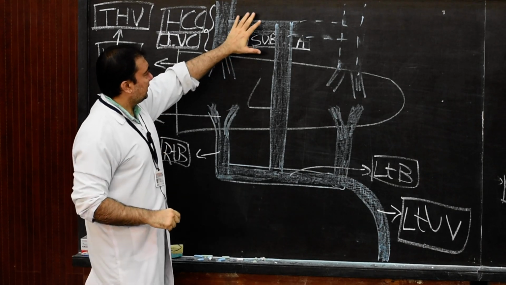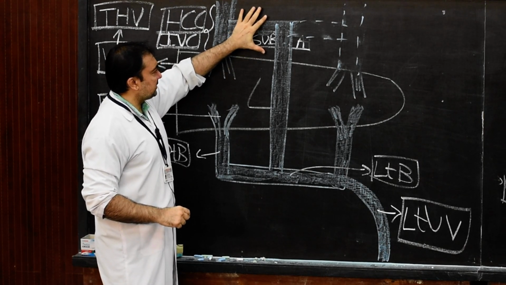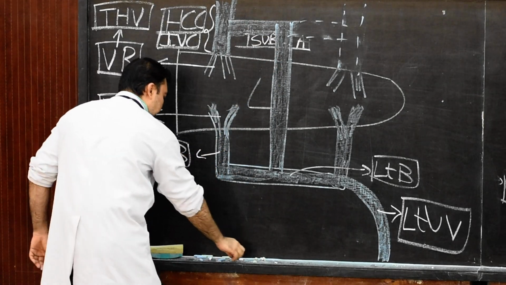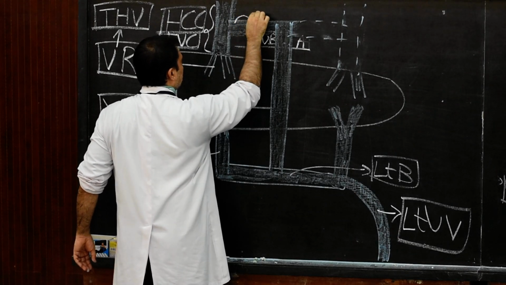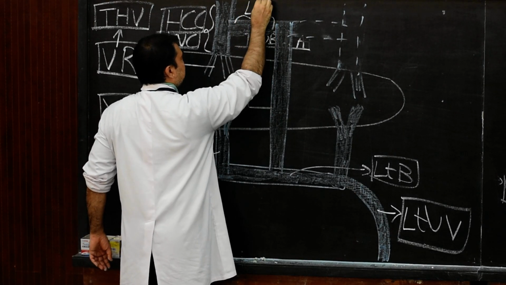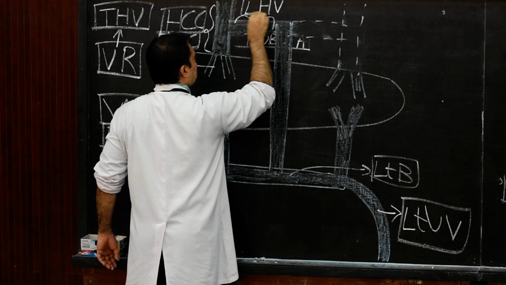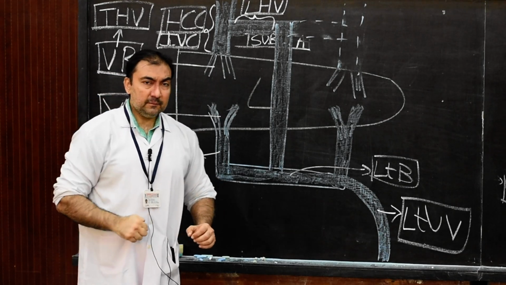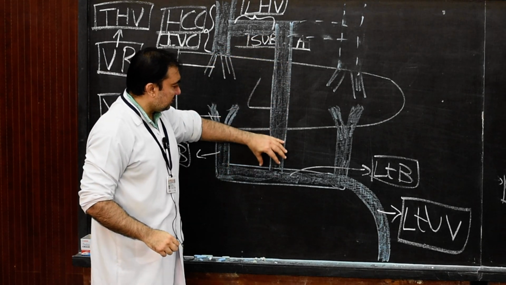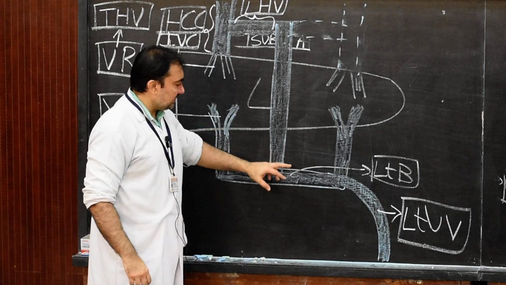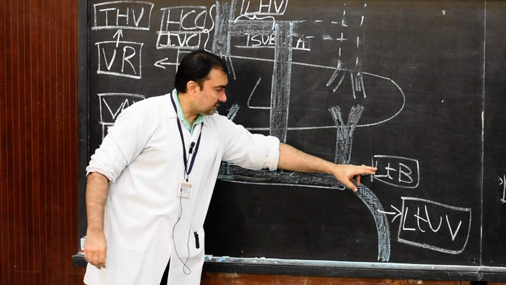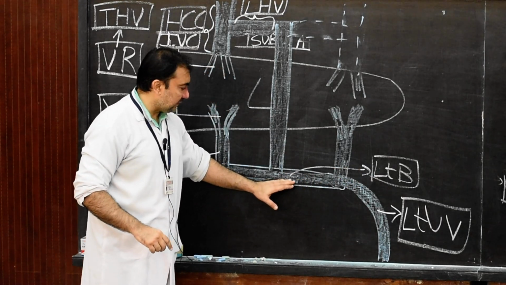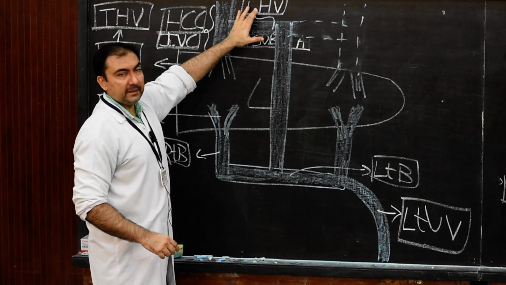Now pay your attention, it should be very clear. This right portion of the subdiaphragmatic anastomosis, where my hand is, this much segment will now be known as the left hepatic vein. Please note down, this segment is known as the left hepatic vein. Therefore, there is this longitudinal venous channel which will connect the left branch of portal vein with the left hepatic vein.